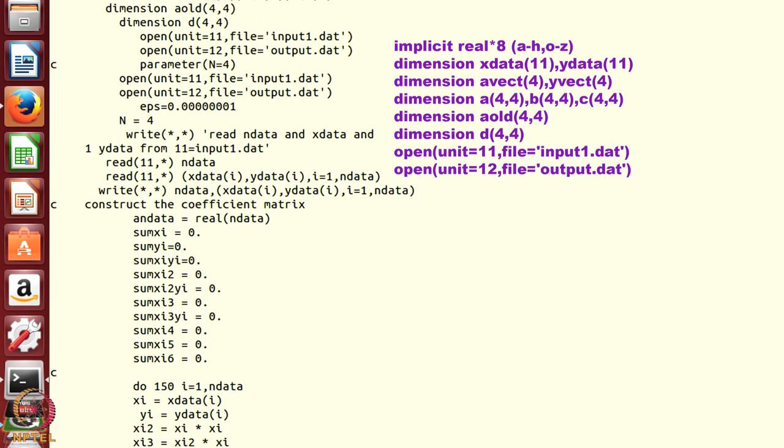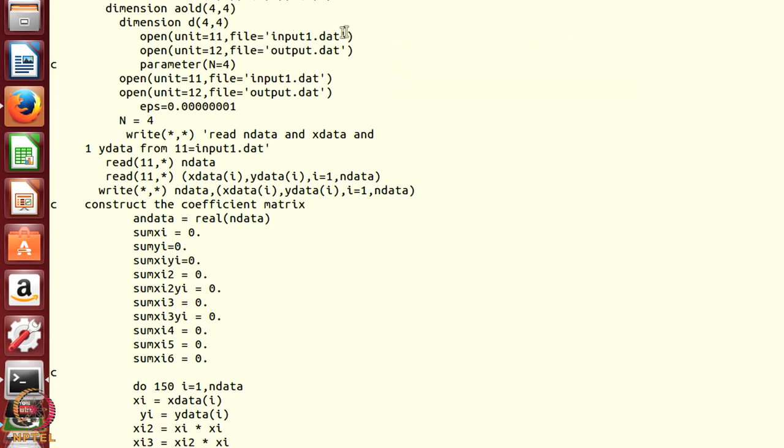I have x data, y data, I want to fit the best polynomial through my y data. Then my input is given in file 11. So, I say open unit equal to 11, file equal to input1.dat, then open unit equal to 10, file equal to output.dat. This is a parameter. Sometimes you do not want to go on changing all the variables in the program. So, it is good to define parameters.